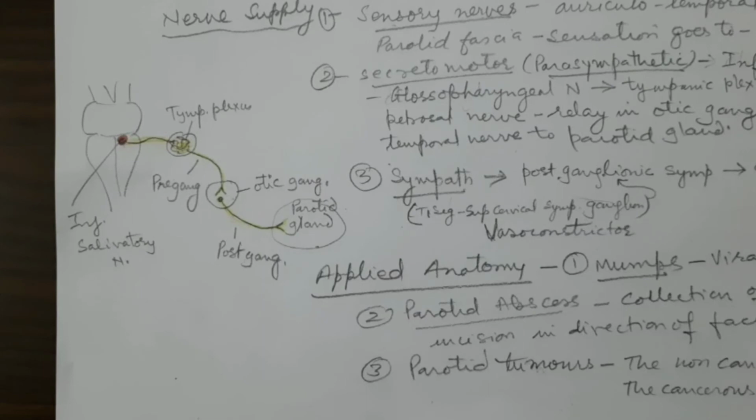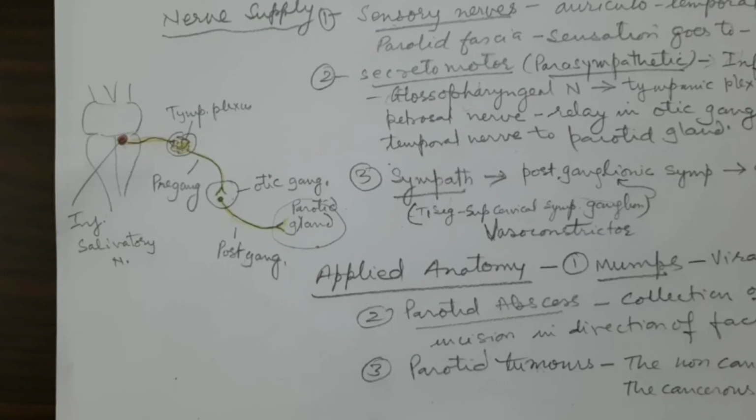From the superior cervical sympathetic ganglion, these fibers will then run on the surface of the external carotid artery, and when the external carotid artery lies within the substance of the gland, as we have seen, then these fibers will go